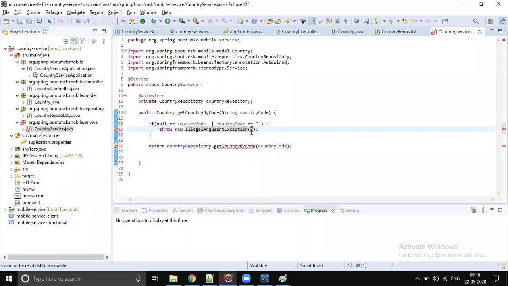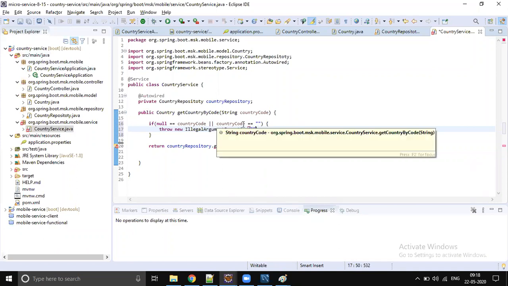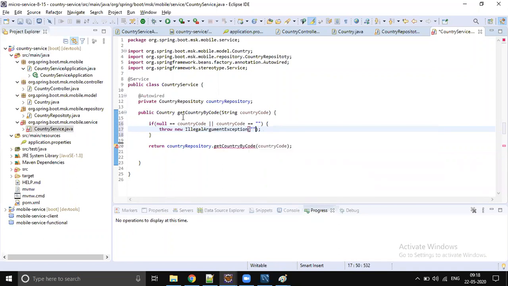But anyway, you will take care of that: exception handling, global exception handling. We already discussed it in the mobile service. So it's your responsibility to apply exception handling to the country service. I'll just use a Java predefined exception, but it's not supposed to be a predefined one.